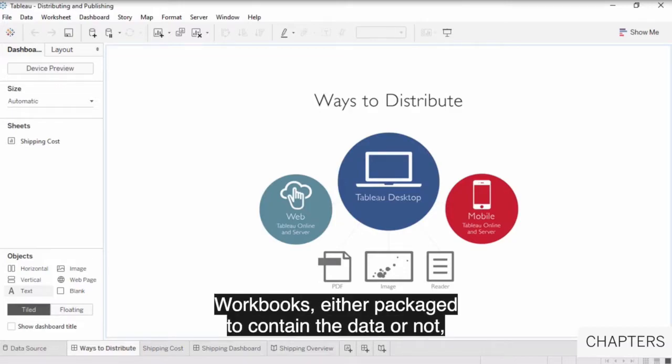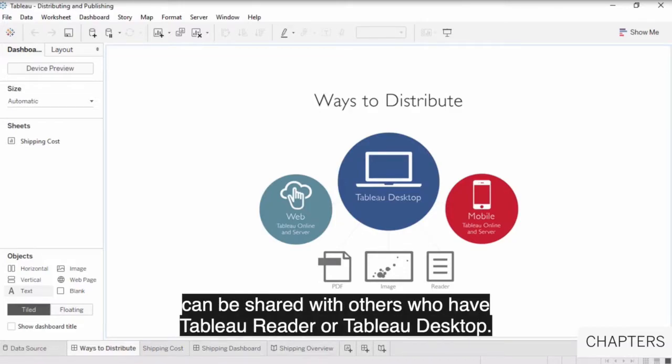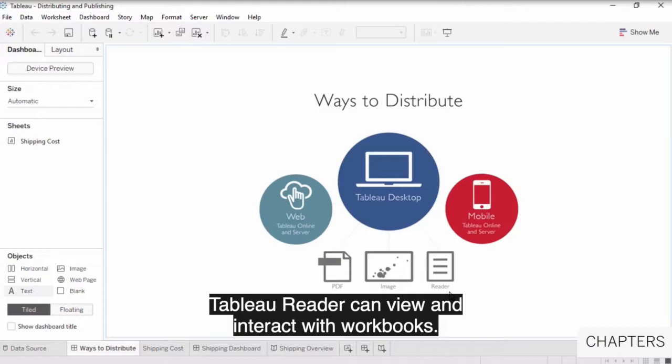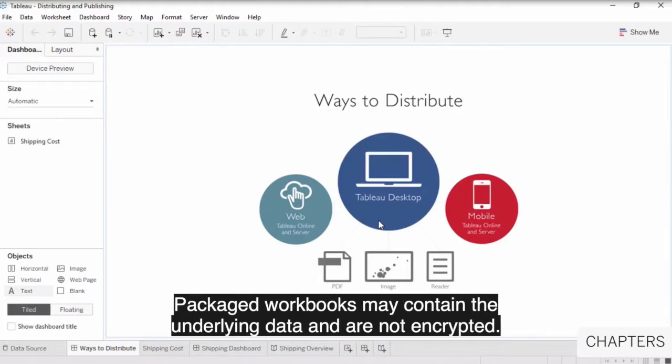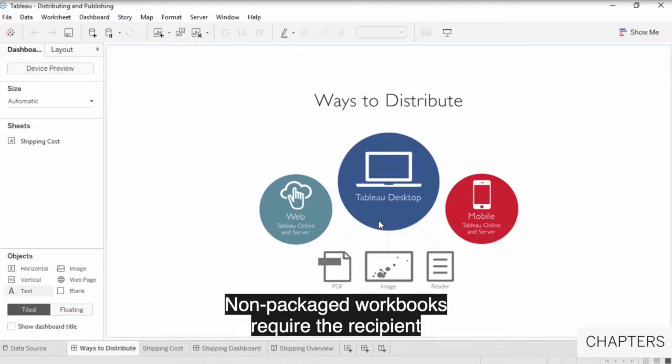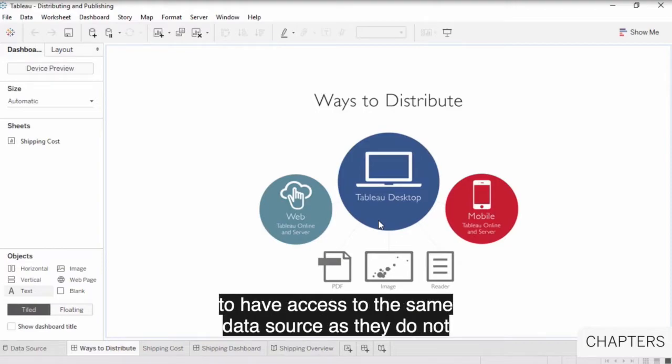Workbooks, either packaged to contain the data or not, can be shared with others who have Tableau Reader or Tableau Desktop. Tableau Reader can view and interact with workbooks. Tableau Desktop can view and edit workbooks. Packaged workbooks may contain the underlying data and are not encrypted. Non-packaged workbooks require the recipient to have access to the same data source, as they do not contain the data